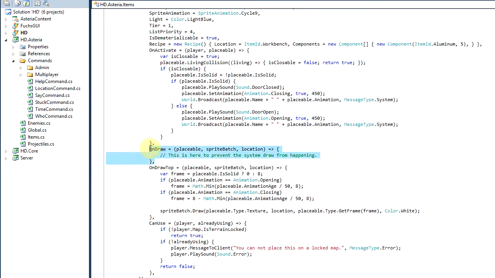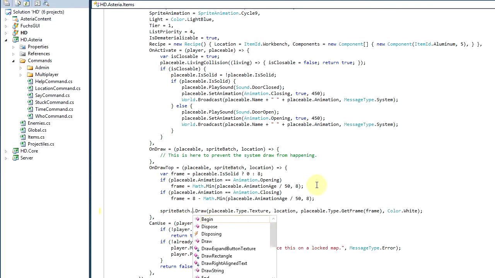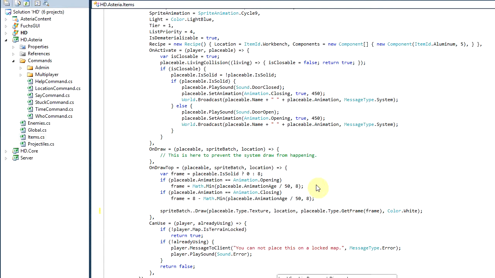So I just overwrite the on draw to do my own drawing here, and then on draw top, because we always want it on top of the player and all the other entities. We overwrite on draw top, and so I kind of have my own animation hook here, but this is just the XNA sprite batch, which gives direct access to